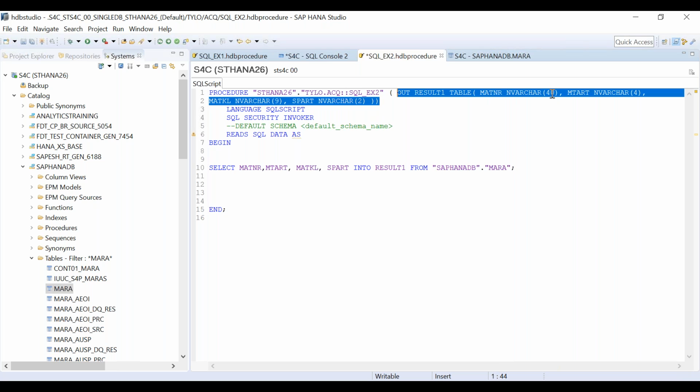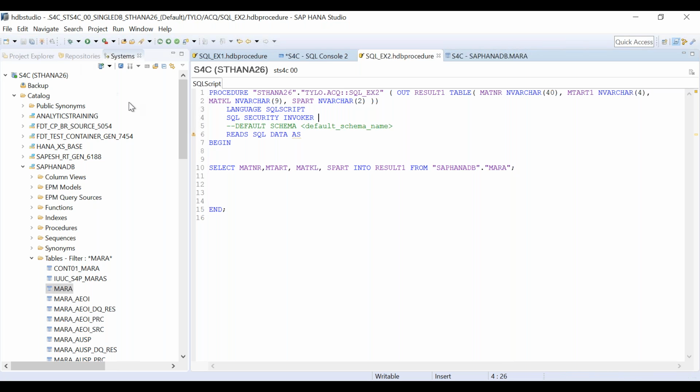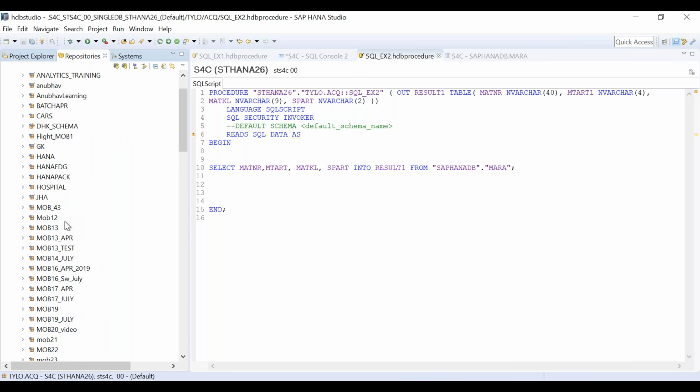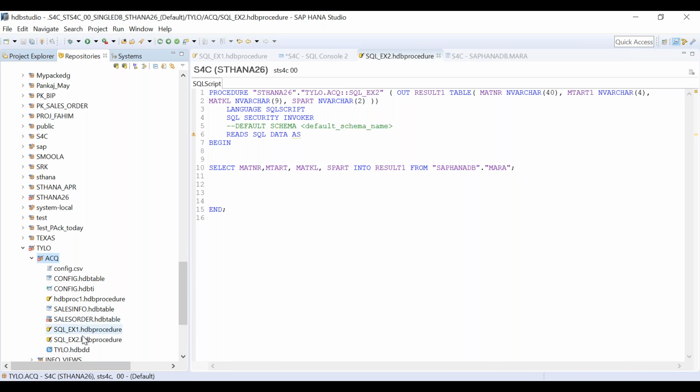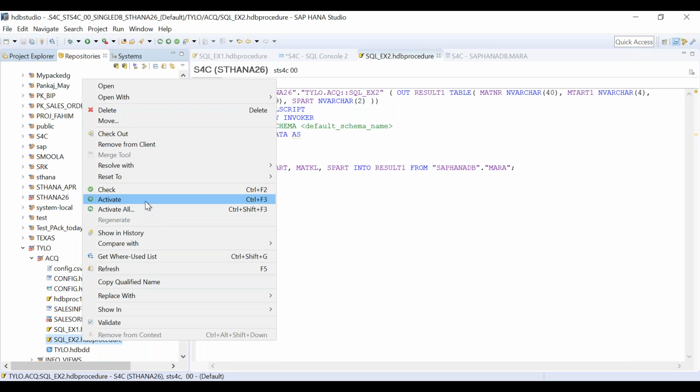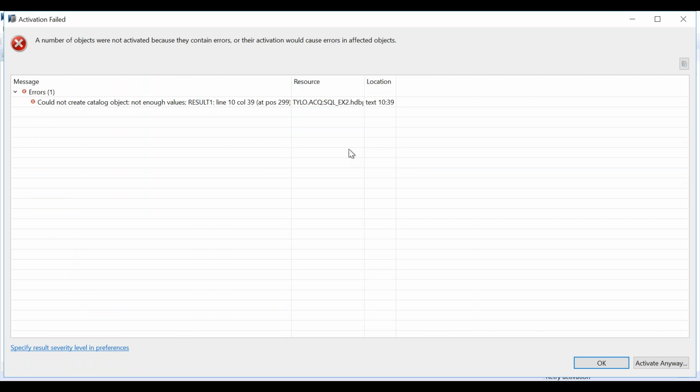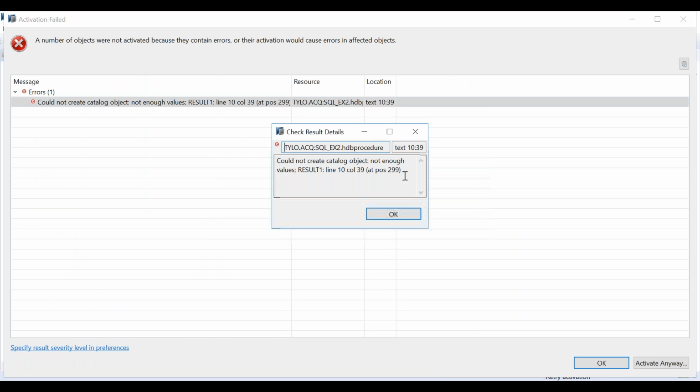Okay, if you, for example, just change it to any other name, for example, you make it mtart1, and you try to activate, see, error is coming.